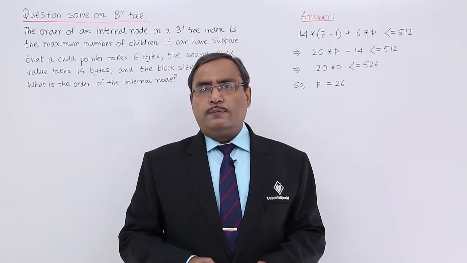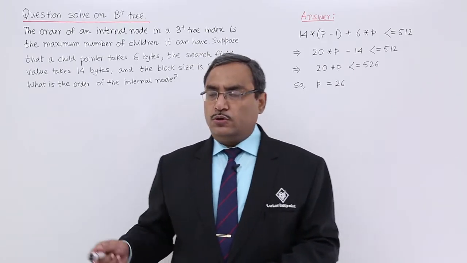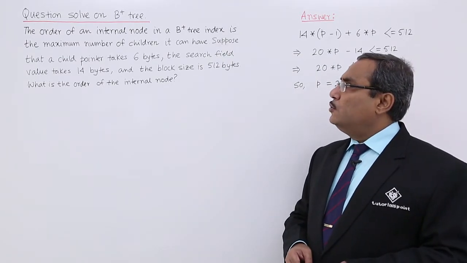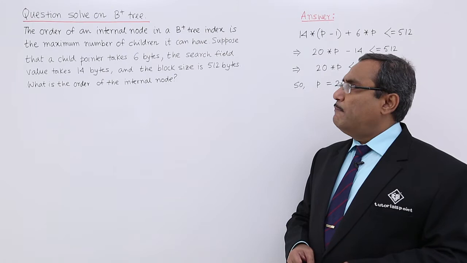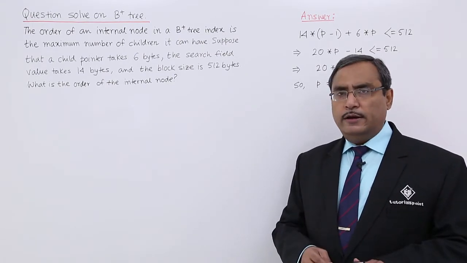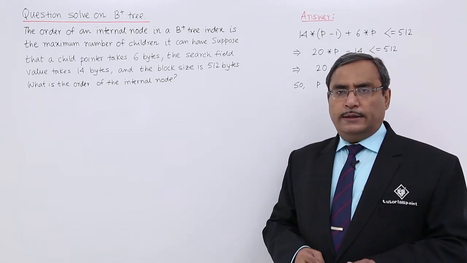We're going to solve one problem on B plus tree. So here is the respective question for us. The order of an internal node in a B plus tree index is the maximum number of children it can have. We have discussed this one in our earlier videos on B plus tree,